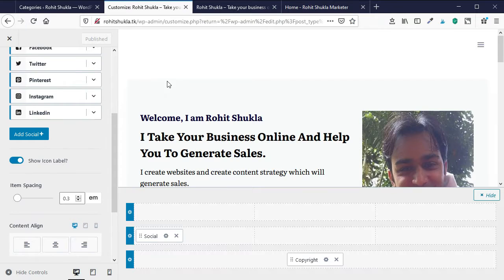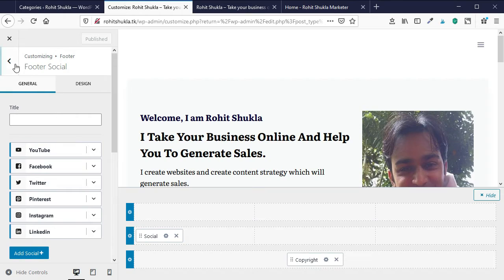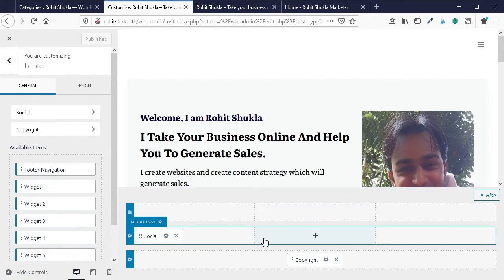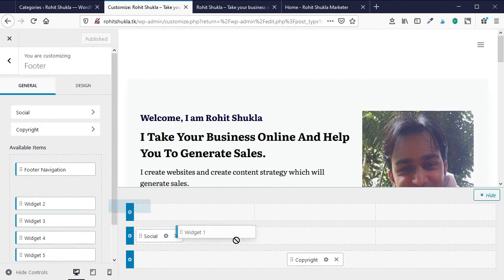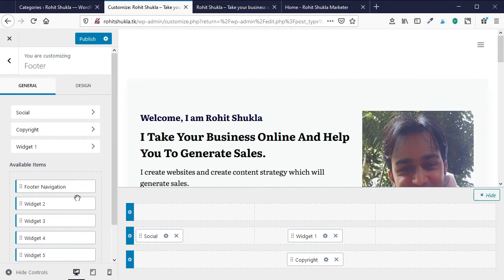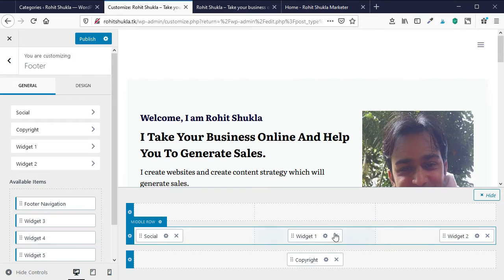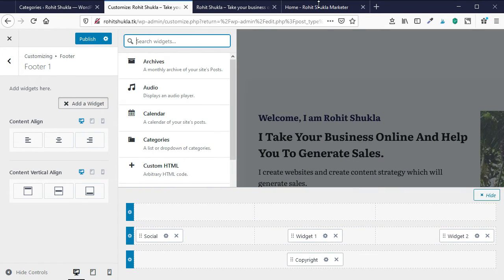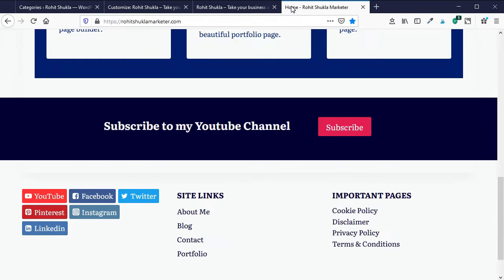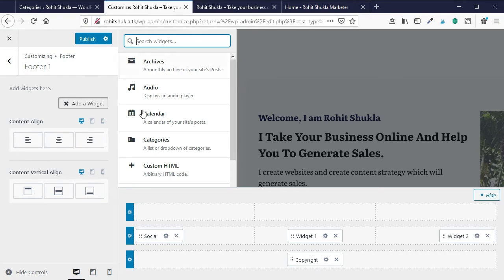Now we will create these links. This is the easy part. Just select the widget on the middle and right part. Here in the widget section, we will add the page widget, because we have created these pages on our website.